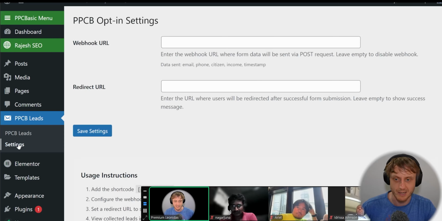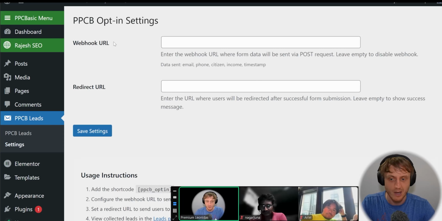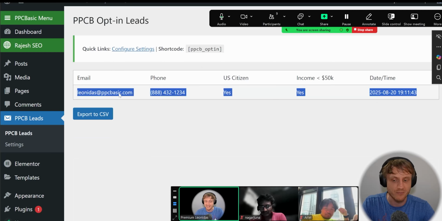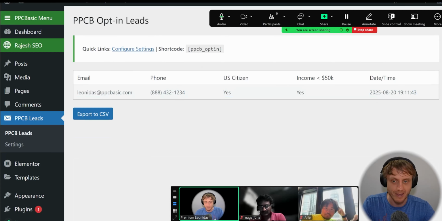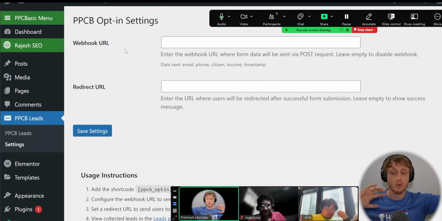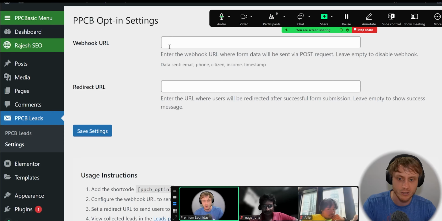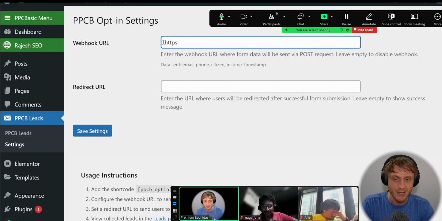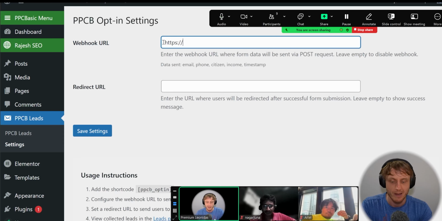So the settings is where we start passing our data, right? So webhook URL is going to take this information, Leonidas, and my phone number, and it's going to basically pass it into the specific URL or the website that we want to process that information to, right? So I'll simply type in here, for example, https, my processor for